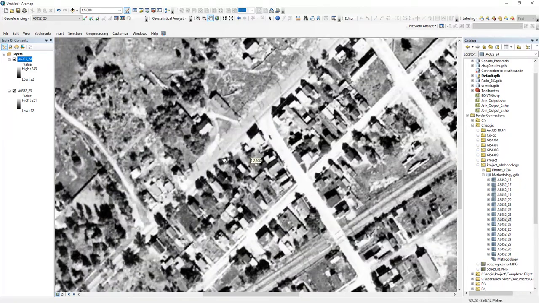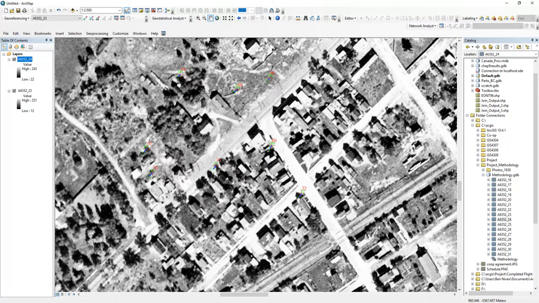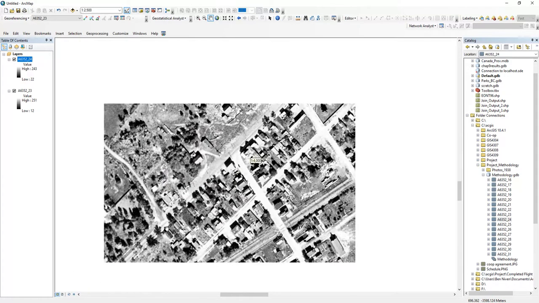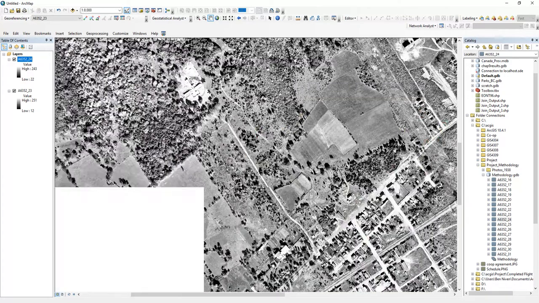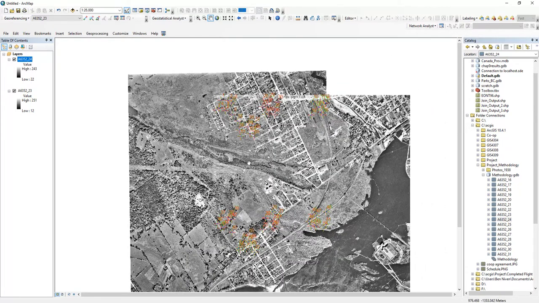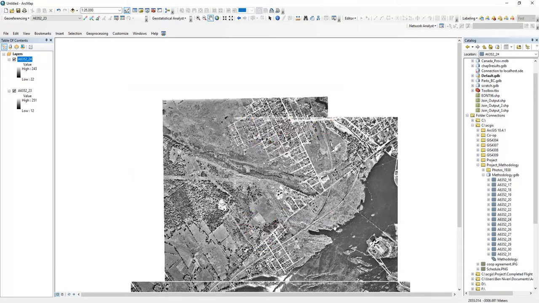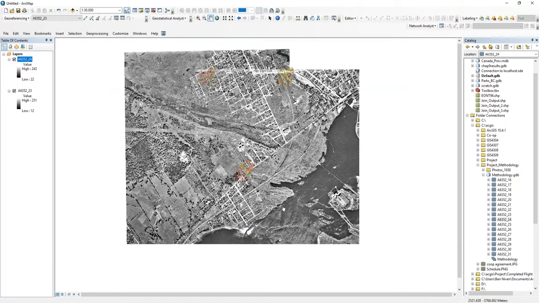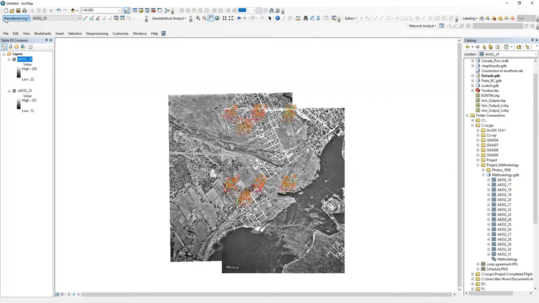So as you can see, for the ground control points, there's one green one and one red one showing where the two images are combined together. So if you have something like this where both the red and the green are close together, then you have a good mosaic. So when that's done, you go up to the georeferencing toolbar and you hit update georeferencing, and